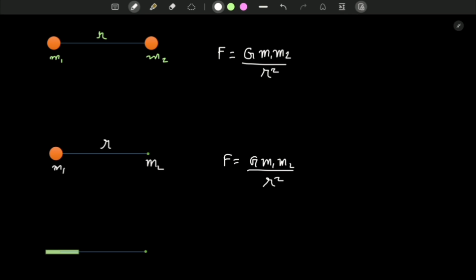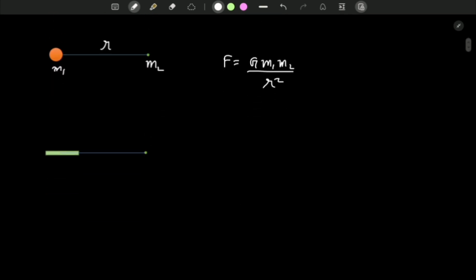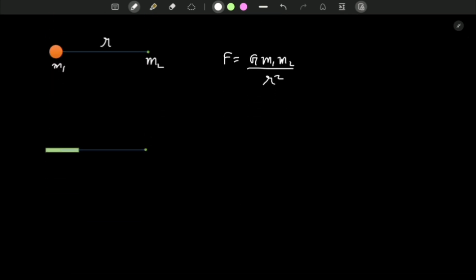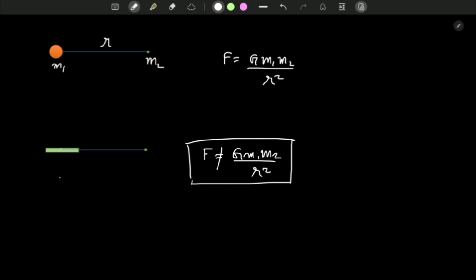This can be used. Now this case is between a point mass and a rod. Now in case of a rod, I need to perform an integration because from the center of the rod the masses are different. Therefore we need to use F is equals to G m1 m2 by r square. This is not valid over in this case. I should take a strip of mass from this rod,